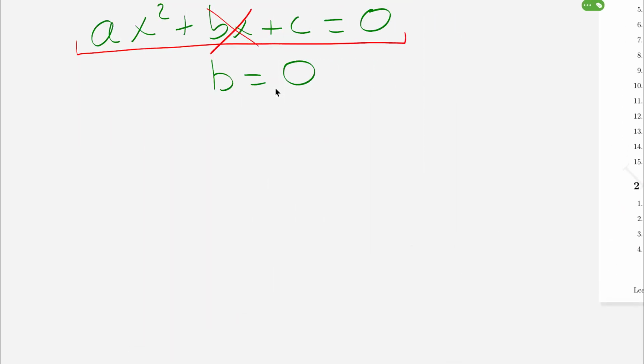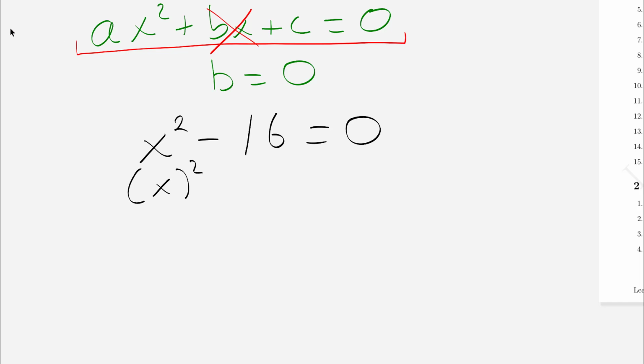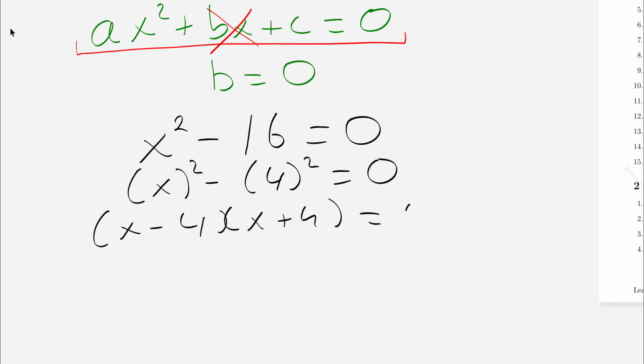So let's say I have the quadratic equation x squared minus 16 is equal to 0. So I realize this is a quadratic equation because I have an x squared and an equals sign, but it's not a trinomial. This one I'll factorize using the difference of two squares because we don't have the x part. In other words, our b value is 0. So using our difference of two squares, remember, we call it x to be squared minus 4 to be squared is equal to 0. So that gives us x minus 4, x plus 4,